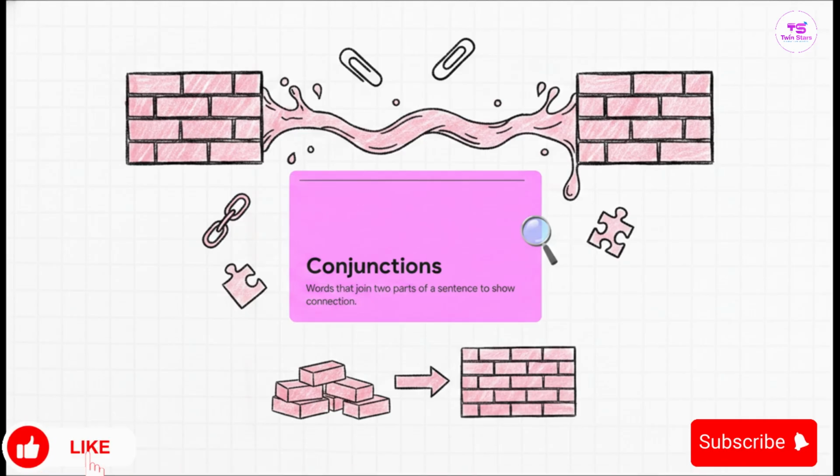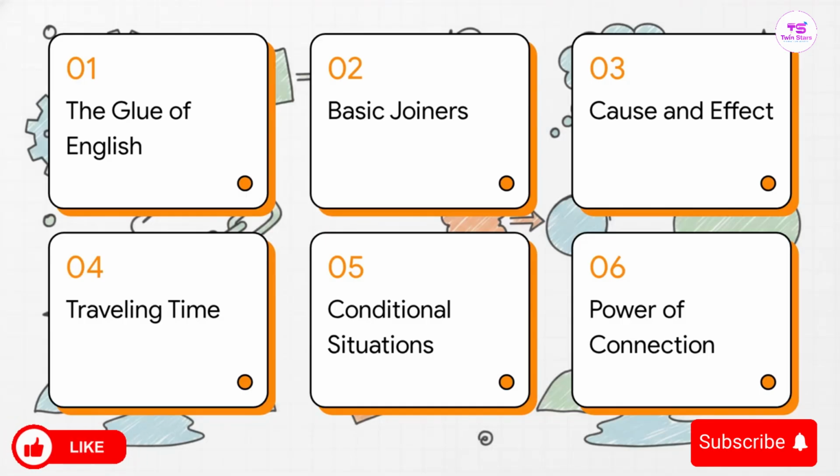Without them, we're just stacking loose bricks, kind of hoping the listener can figure out the shape we're trying to build. But with them, we're building a solid, beautiful wall where every single piece has a clear structural purpose. Here is our quick roadmap for today. We'll look at the glue of English, basic joiners, cause and effect, time travel, conditional situations, and finally, the true